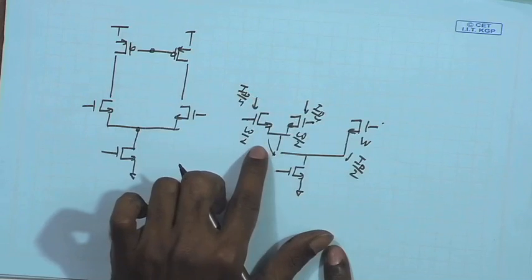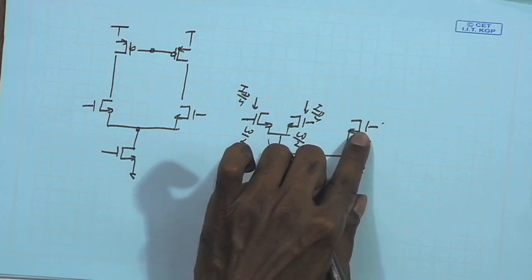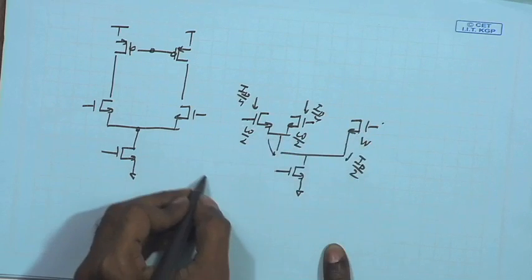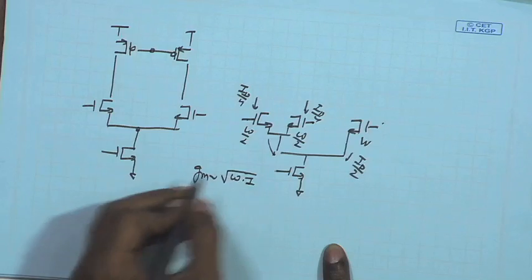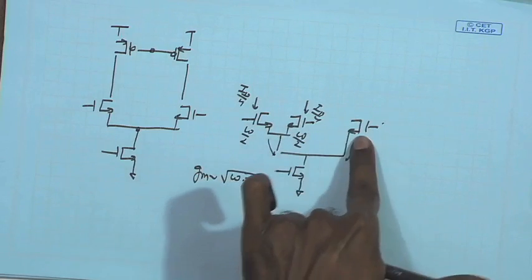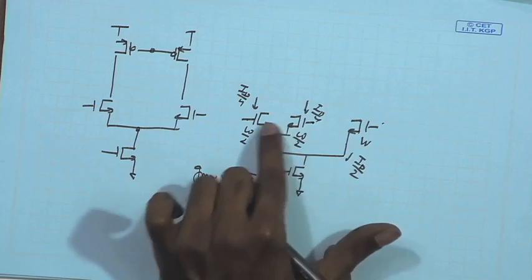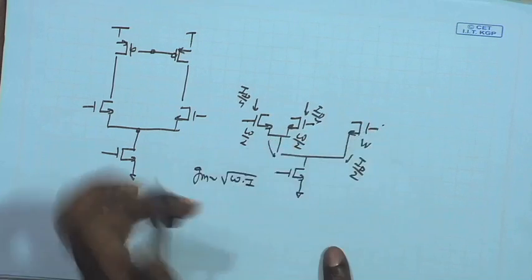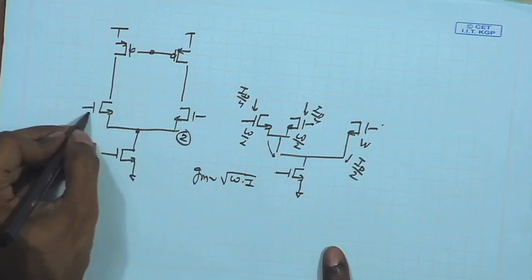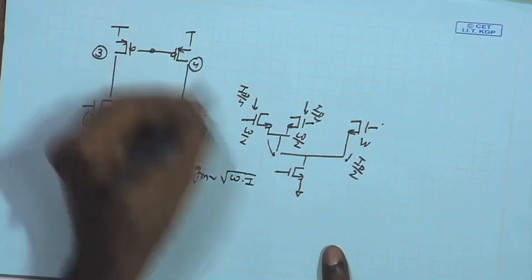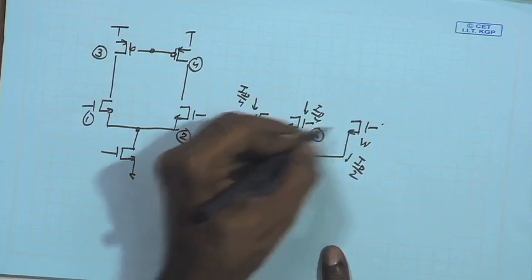As a result, the GM of these two devices will be half of the GM of the device over here, because we know that GM is proportional to root under W and I. So, if the W of these two is half of the W of this device, as well as the bias current is half, of course, the GM is going to be half. Each of these is going to have half the GM of this one. So, let me number this 1, 2, 3, 4, 5, and let me call this 6, 7,